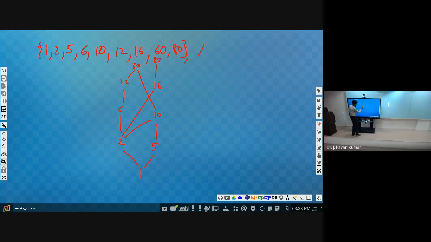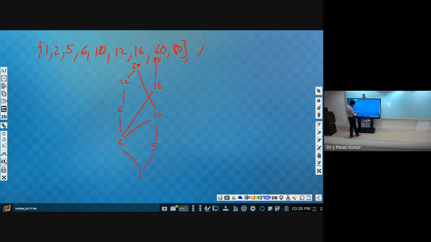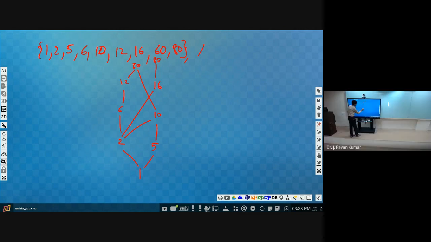Next, 5 and 80 related or not? Yes, sir, implicitly. Check once, 5 and 80. How is it implicit? Somewhere we are missing. Yeah, 5 and 80 implicitly we cannot represent, because 16 is not divisible by 5, isn't it? 10 to 80, sir. There should be a relation from 10 to 80. Yeah, very good. 10 to 80 we should have like this.